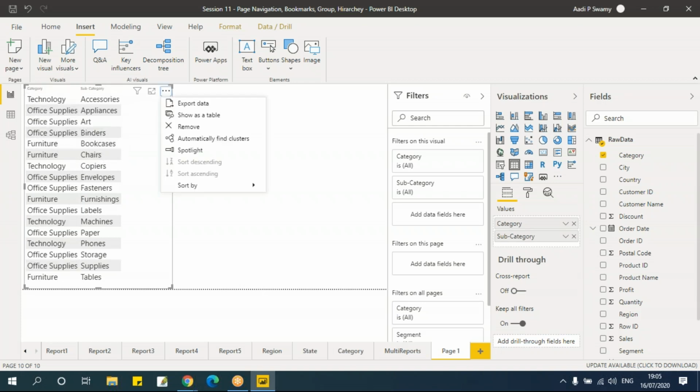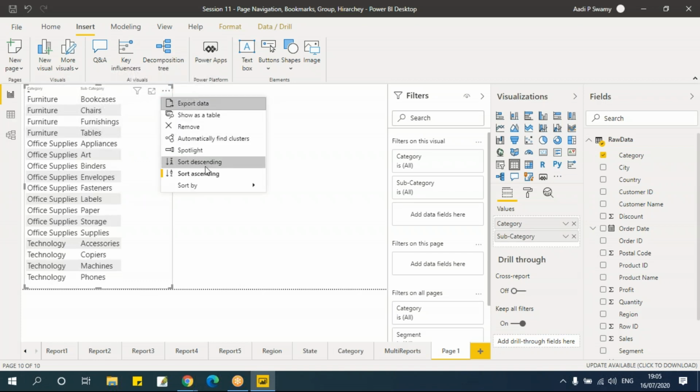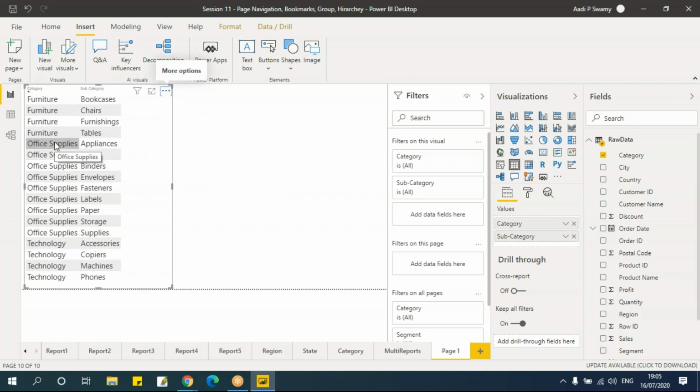So we can also sort it. Let's say sort this. So if you see this, see all these come under one category. This art supplies or whatever. That means they are all grouped. Suppose if you want to get the values or say aggregated values for office supplies, I'll directly take this one. So this grouping has been done in the data itself, but I want to do a grouping in such a way that after getting the data, then I have to group these columns depending on some other